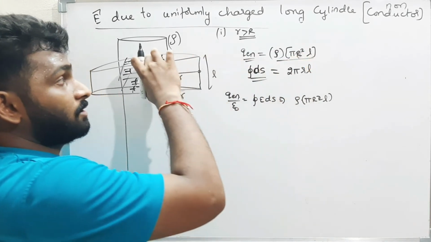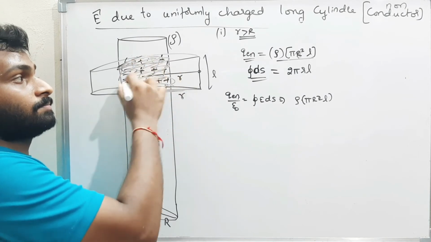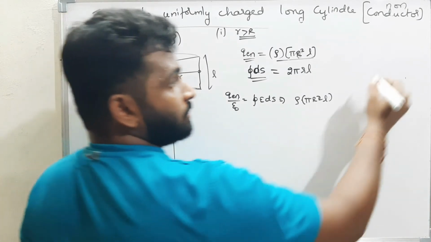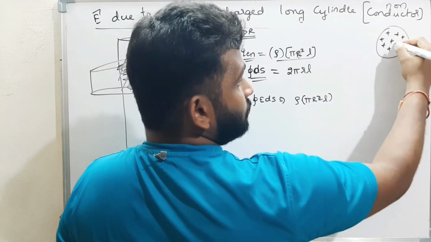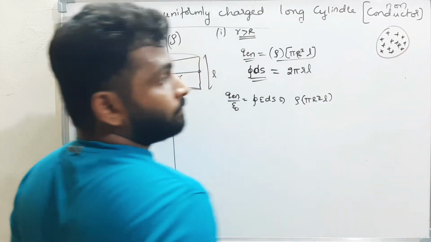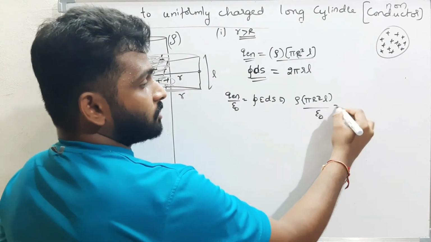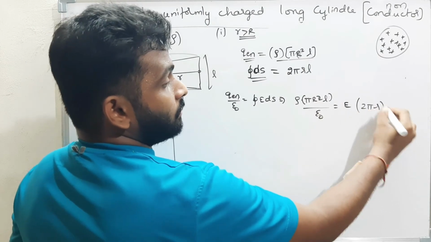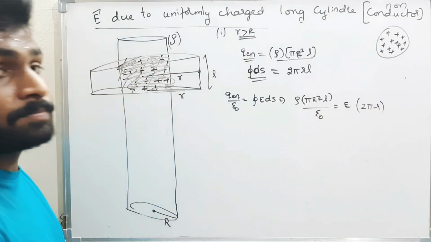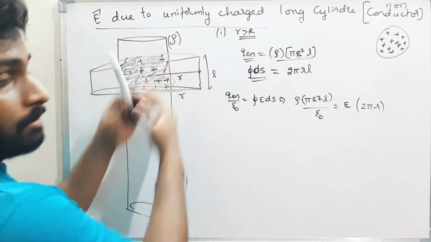I will get the charge present in this cylinder, in this part. Isn't this clear? This is a cylinder. The charge will be throughout. Okay, now Q enclosed over epsilon naught must be equal to the electric field into, what is that? The cross-section area of the Gaussian surface. What is the cross-section area? The cross-section area is 2 pi r into L.